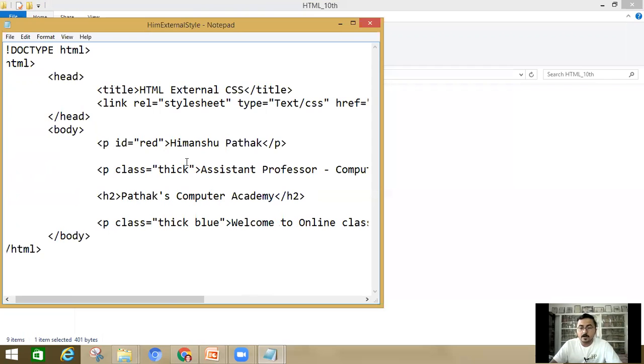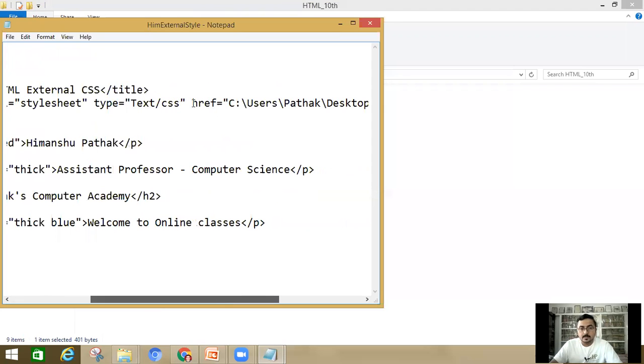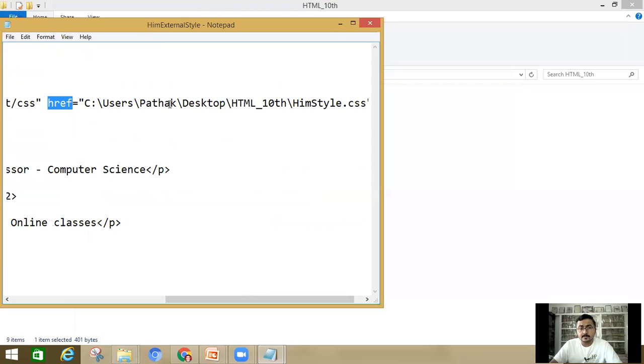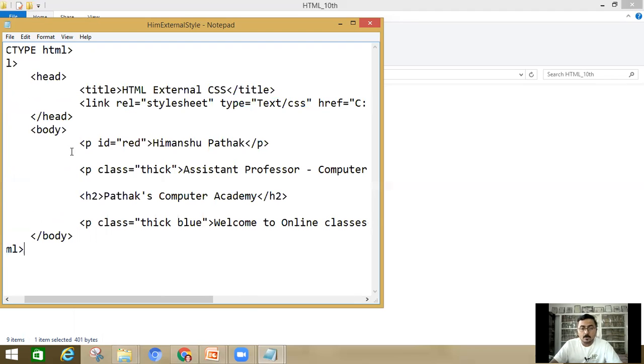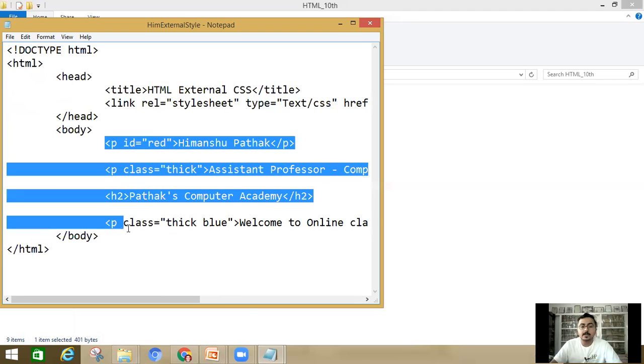I have incorporated an external .css file with the help of the link tag, href, and wherever the file is, I have given the path. And all the same things that I did in the previous file are in the body.